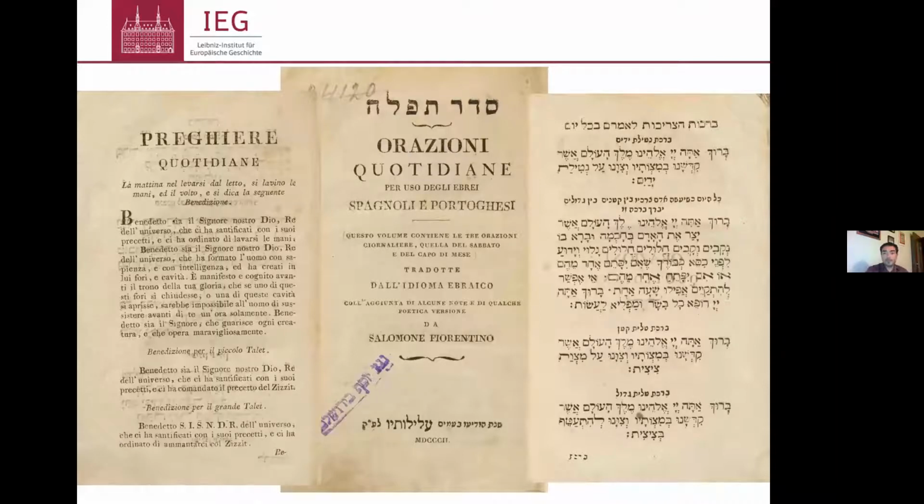And interestingly enough, it is an edition printed in Basel, Switzerland, for the Sephardi communities in Italy. You can understand the difficulty, therefore, of singling out all the printing locations for the different communities. This Siddur alone can tell us so much about Italian Jewry at the beginning of the 19th century. First of all, the fact that the first one requiring an Italian translation is actually addressed to the Sephardi communities. You can see here in the center of the slide, Seder Tfilah, just left in Hebrew, orazioni quotidiane per uso degli ebrei, spagnoli e portoghesi, daily prayers for the Spanish and Portuguese Jews, the Sephardi communities,